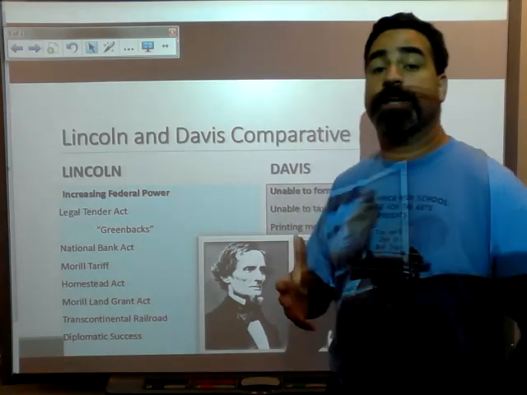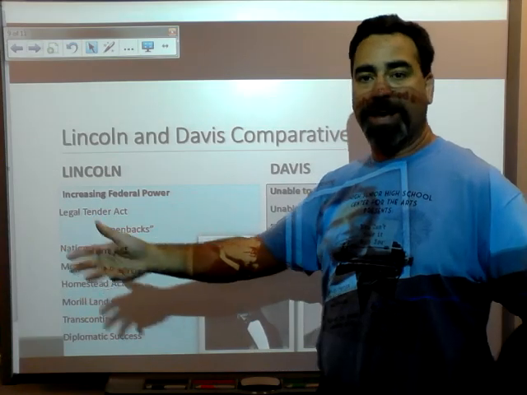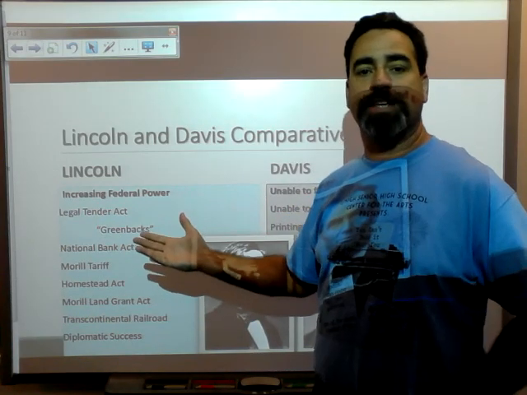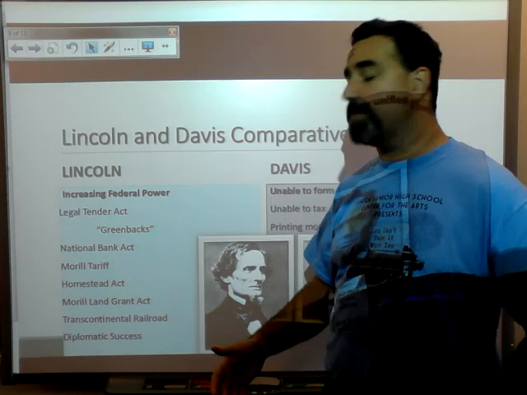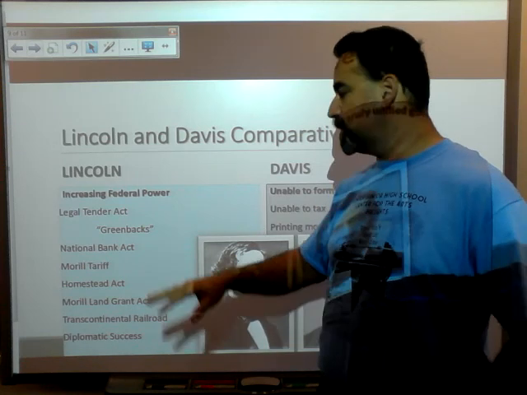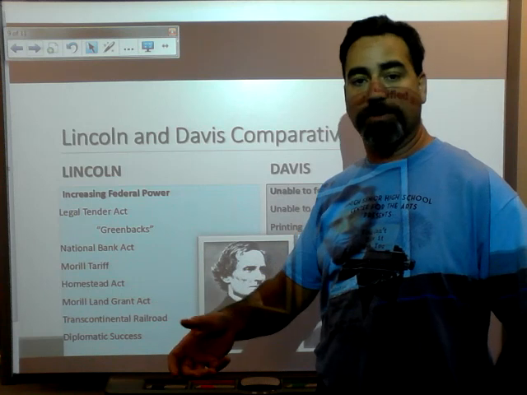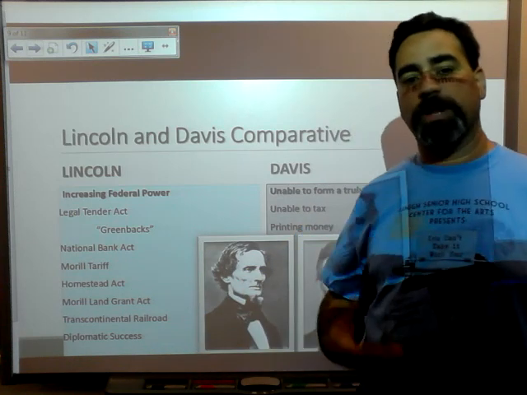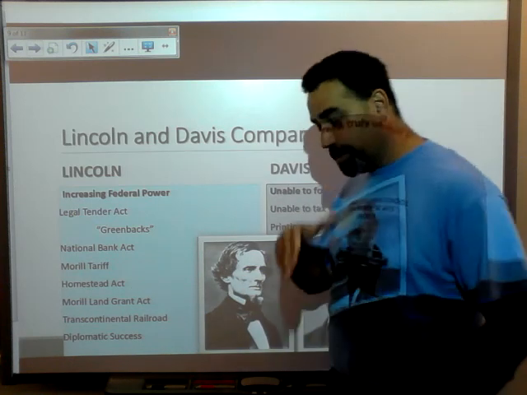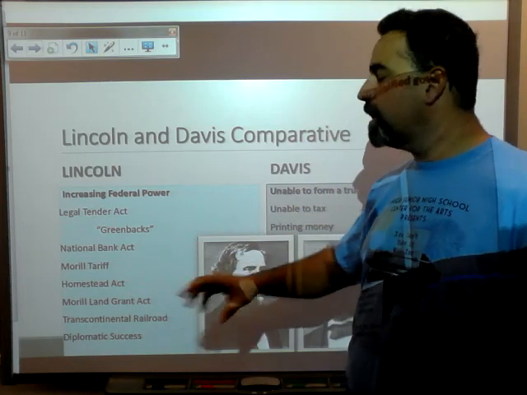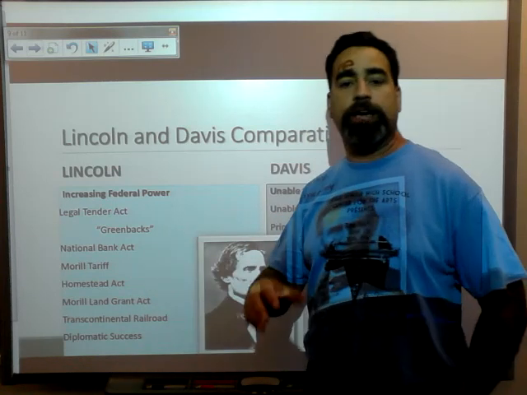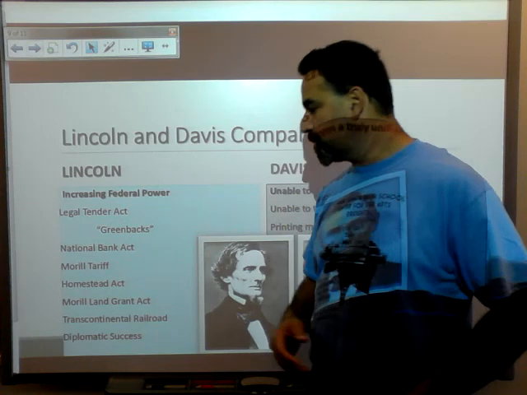Look, we can't have banks printing their own banknotes that are going to compete with our greenbacks, because that's going to devalue our greenbacks. So we're going to pass this National Bank Act, making it illegal for banks to issue their own notes. Also, we're not creating a national bank here, but state banks are going to have to apply for a national or federal charter.